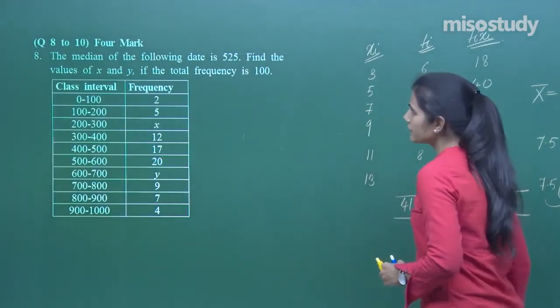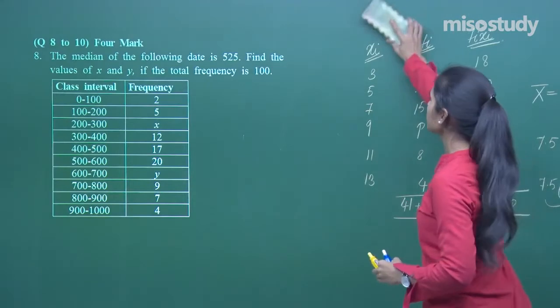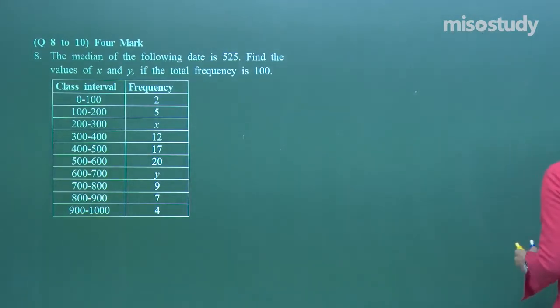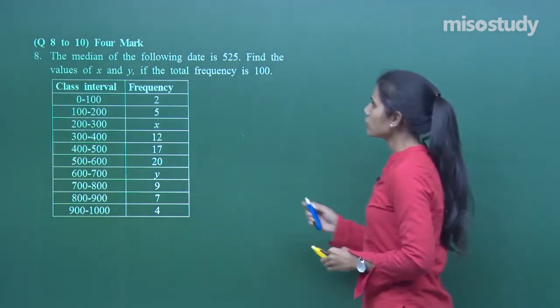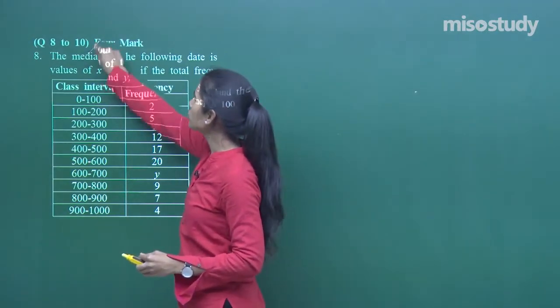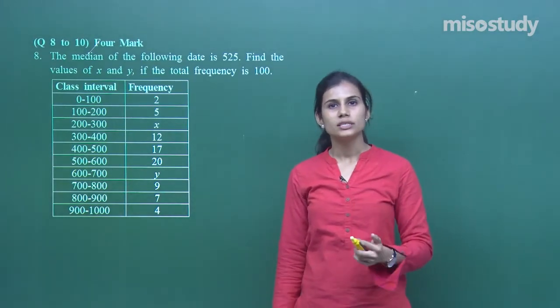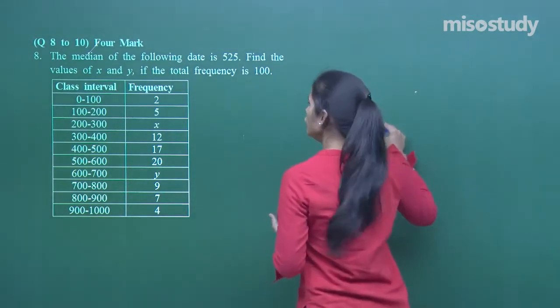The median is given to us. Find the values of x and y if the total frequency is also given to us. Now please try to get this very, very clear. The moment we are talking about median, we are always going to require one more column apart from class intervals and frequency, which is cumulative frequency. So you have